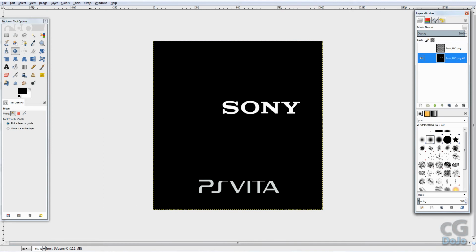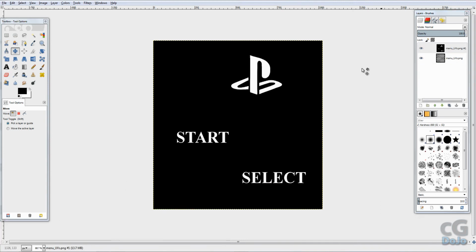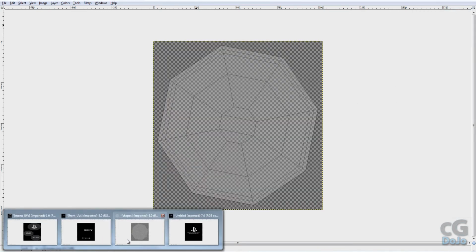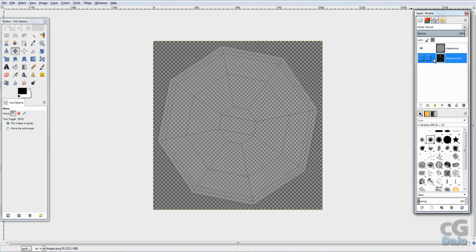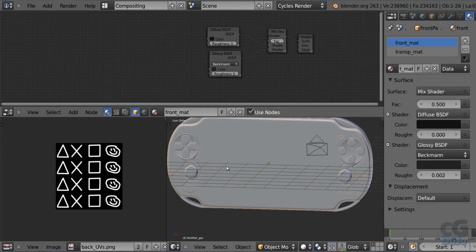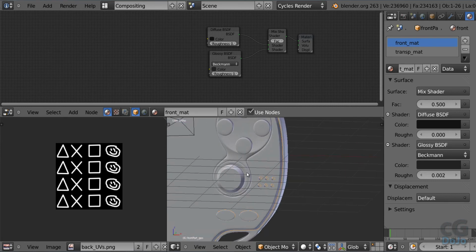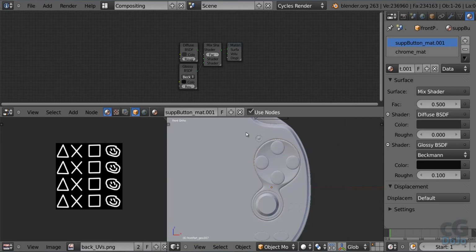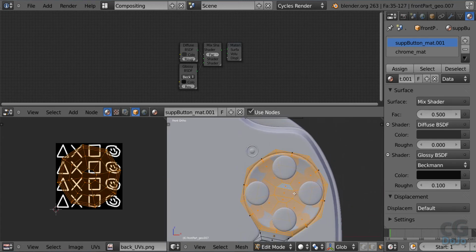Let me go ahead and explain one more. Here with the buttons, it's the same, the menu. I got the PlayStation logo, the start and select, and those are the ones that I went ahead and edited. Here with the shapes, I calculated where the buttons are, and since I don't know if you can add two textures, I couldn't join them and then export. What I did here is